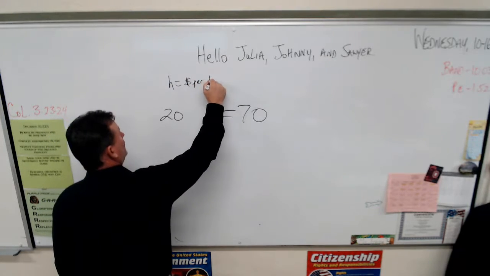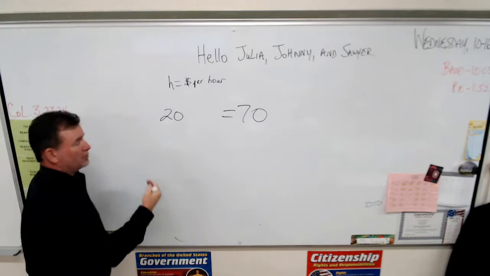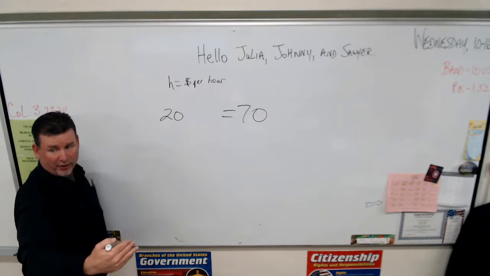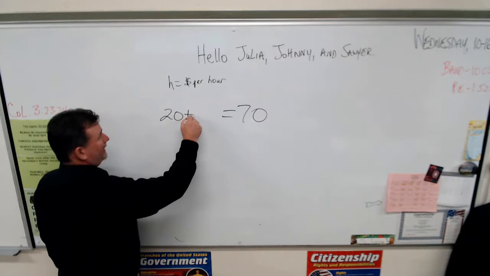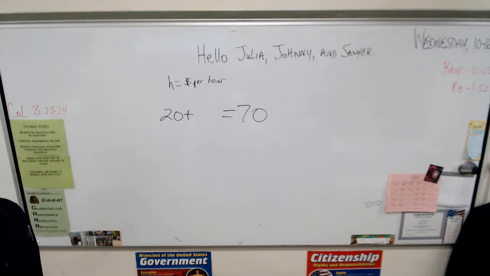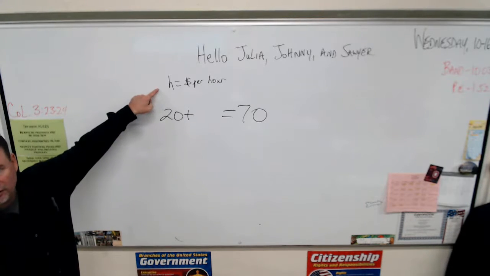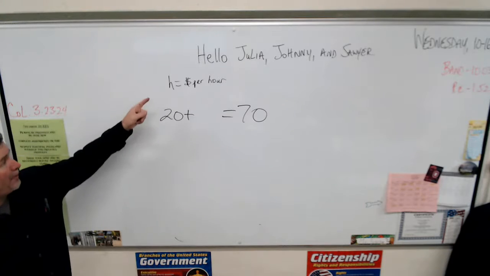Dollars per hour. So I had 20. I'm going to end up with 70, so I must be going to add money to it, right? What am I going to add to it? They told me I make $10 for each hour. I'm sorry. They told me I'm going to work 10 hours, and I want to know how much money I'm going to make